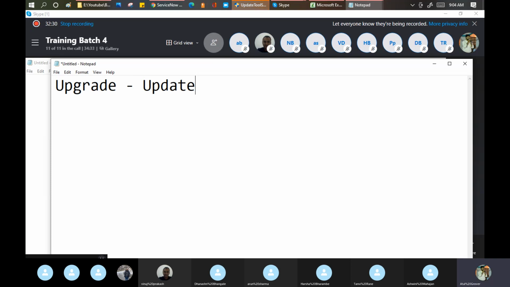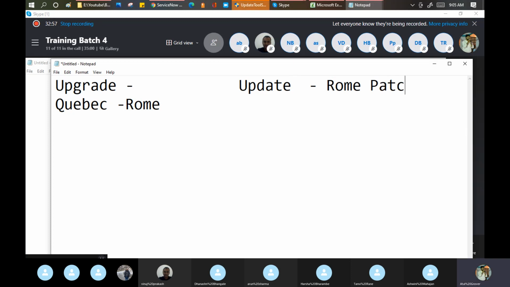Example, moving from Cubic to Rome. That is called the upgrade. Update: moving from Chrome patch 1 to patch 2 is called the update.